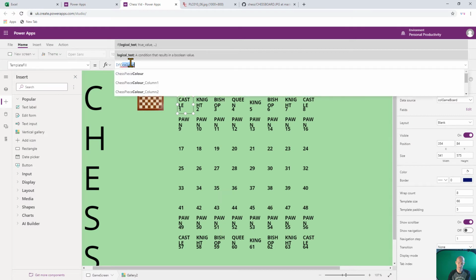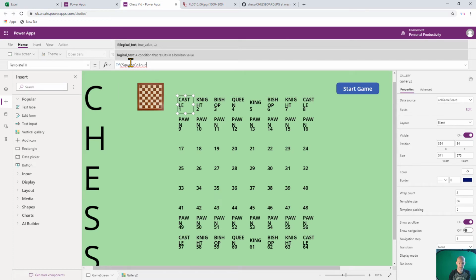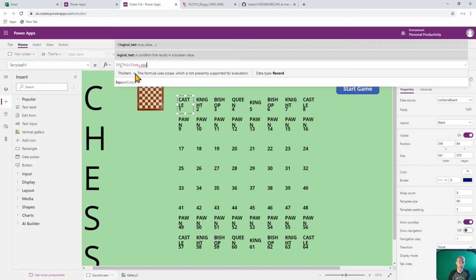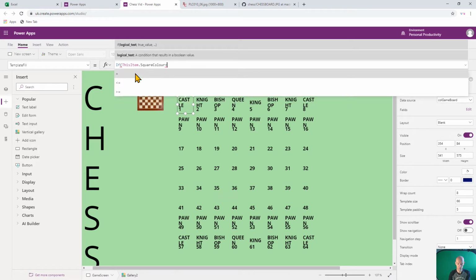If square color, I know, if this item, so the item that we're currently on, dot square color equals, and I need to put quotes